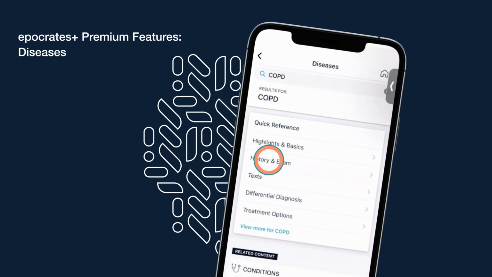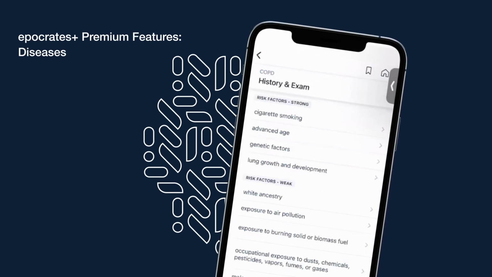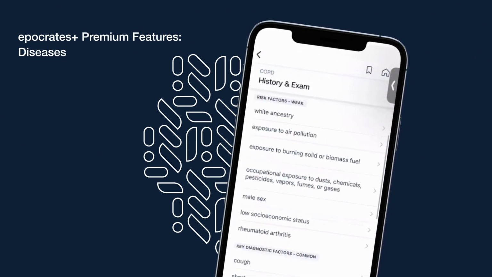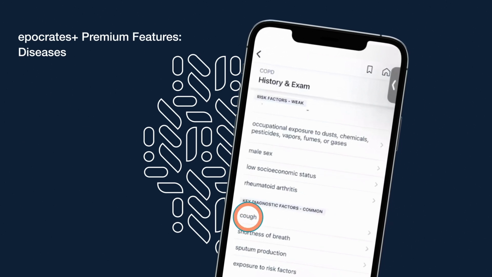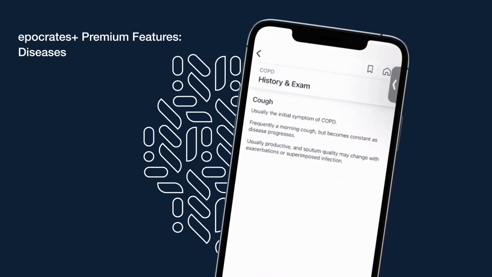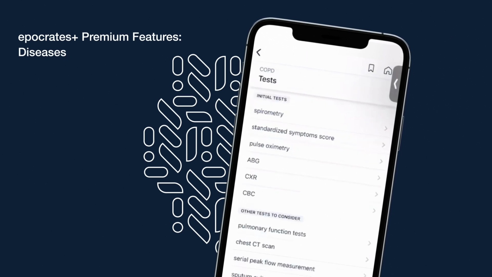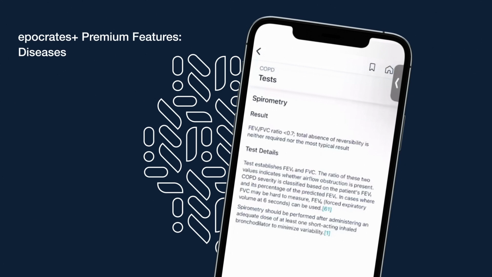So firstly, under History and Exam, we'll find a list of risk factors and key diagnostic findings. Tapping into any item, such as cough, shows a brief description of that finding specific for COPD. Next, we see tests. Tapping on any test, for example, spirometry at the top, will show results that support a